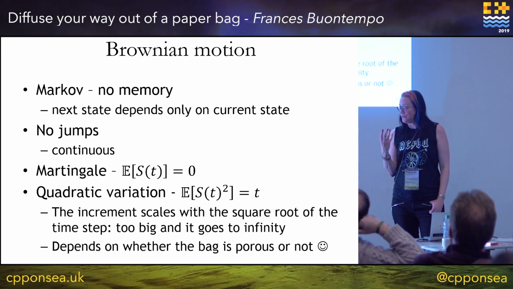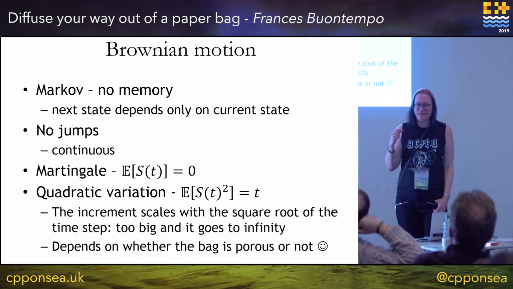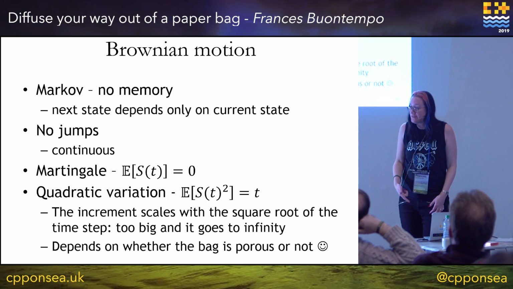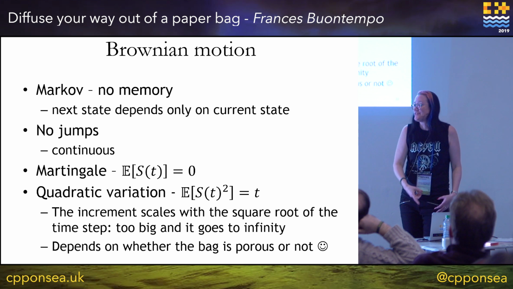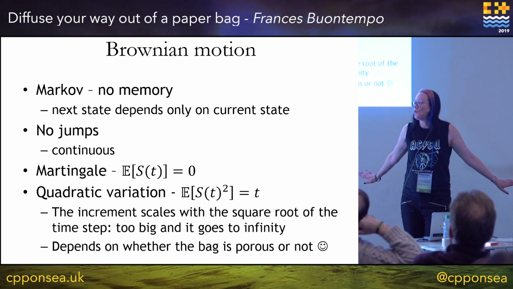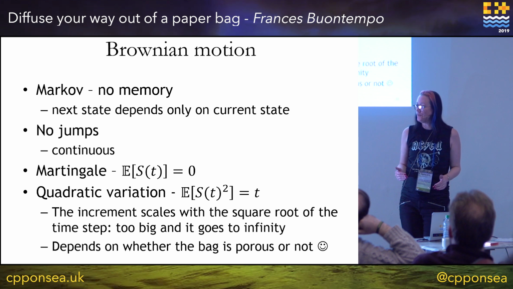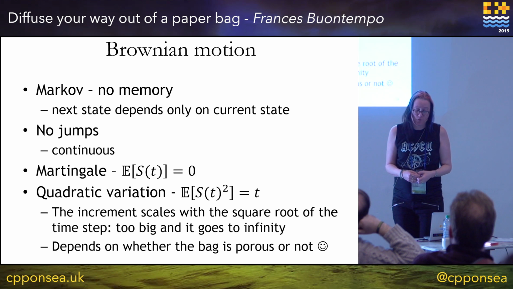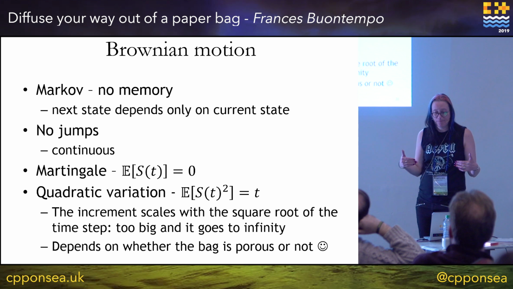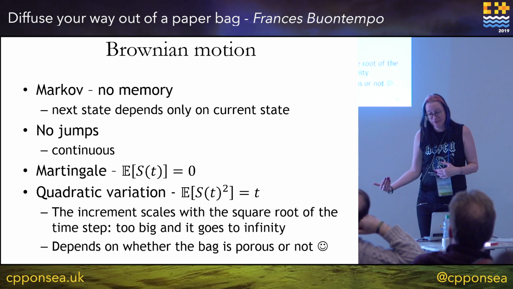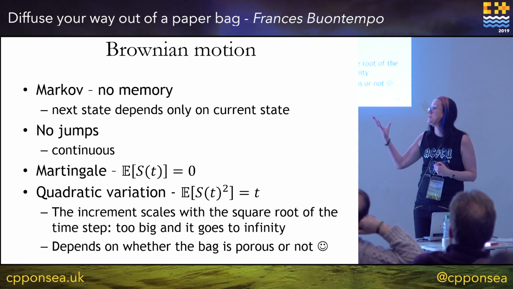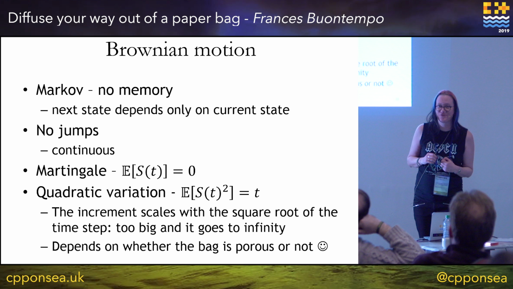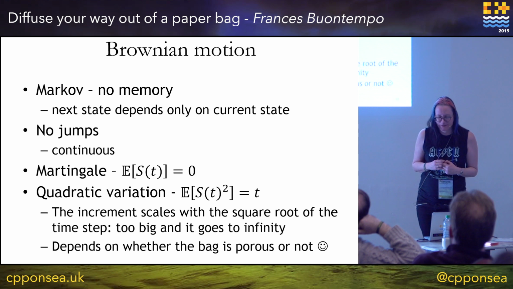It's called a Markov chain. All that means is what happens next just matters where I am at the moment. It doesn't matter whether I've gone right and left or left and right first. We've forgotten the past. We just are where we are now, and we take a step. Or another step. I said that, well, it's continuous as well. There are no jumps. I'm not going to teleport off somewhere else. Though I will do jump diffusion right at the end, so we will introduce some teleporting at that point.